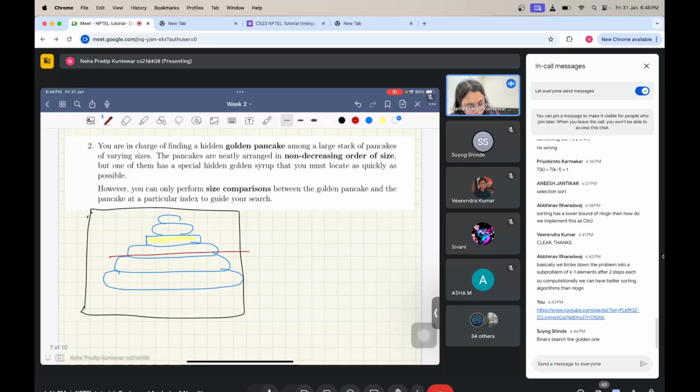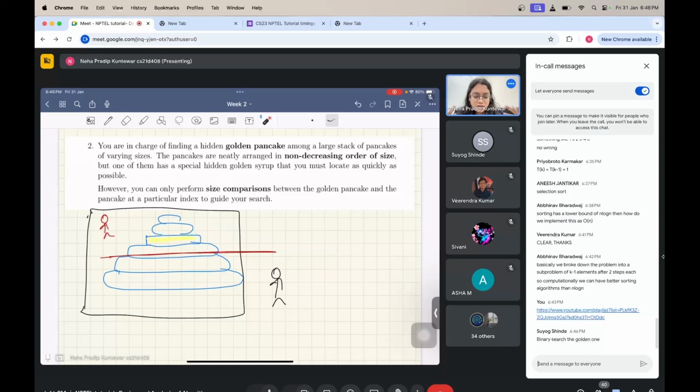So let's say I put my spatula here, then the person behind, let's say I can't see this, but I can put my spatula, and the person behind will tell me whether the spatula I am interested in is larger or smaller than the golden syrup pancake. So that's the only thing I know. And now, just using this,